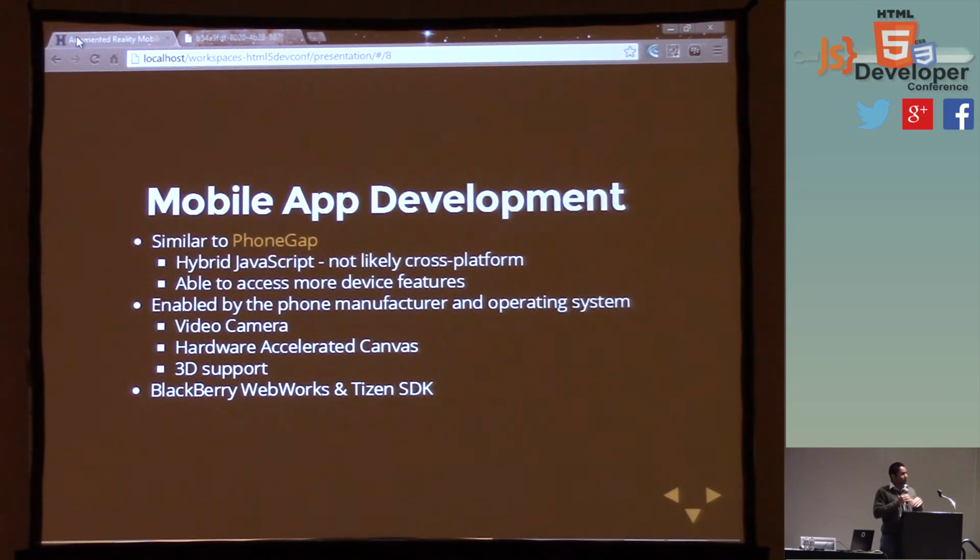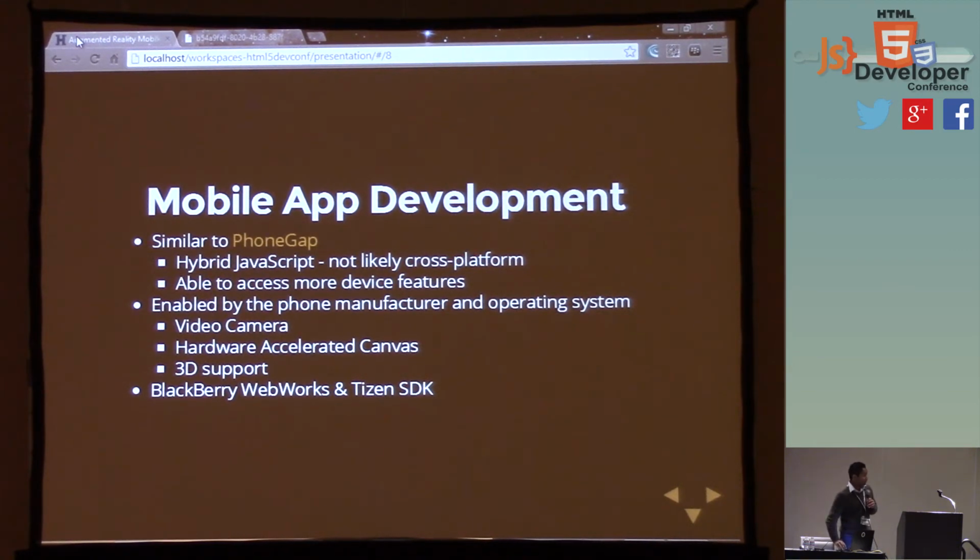But to get access to these sensors, some things have to be enabled by platform, because it's not likely that they're going to create an interface that we can all access in a common way, not yet. Actually, the WebRTC protocol is still a specification. It's not finalized, so things can change. So it's going to take a while. In order to access these features, you're probably going to have some divergent code per platform or per phone type. That's just the way it is.